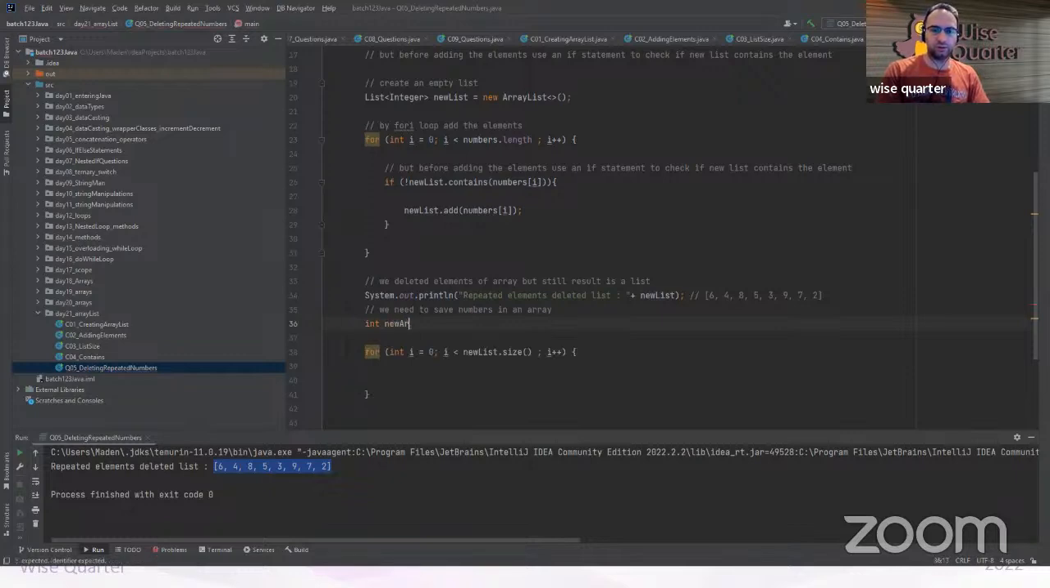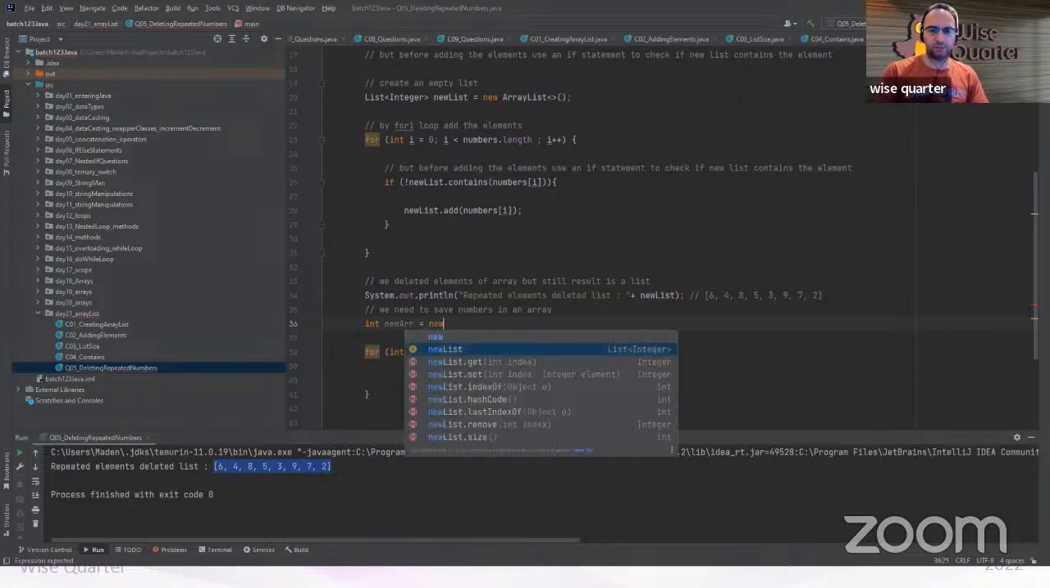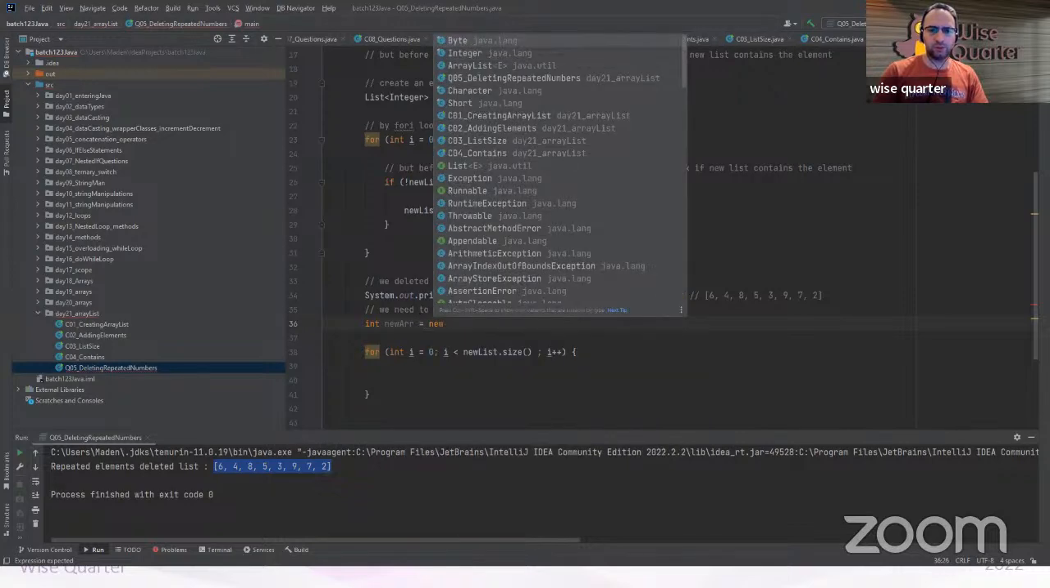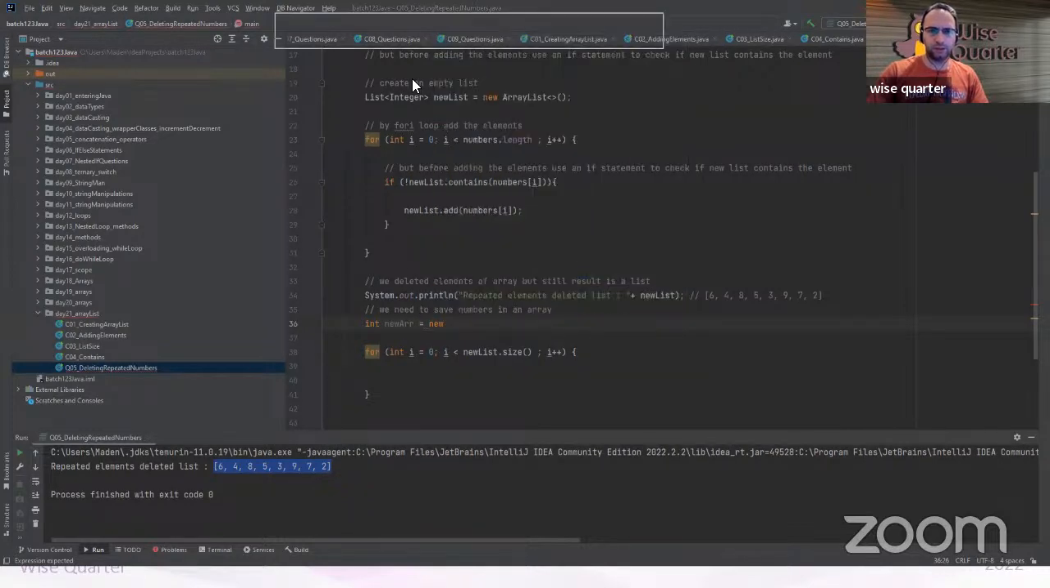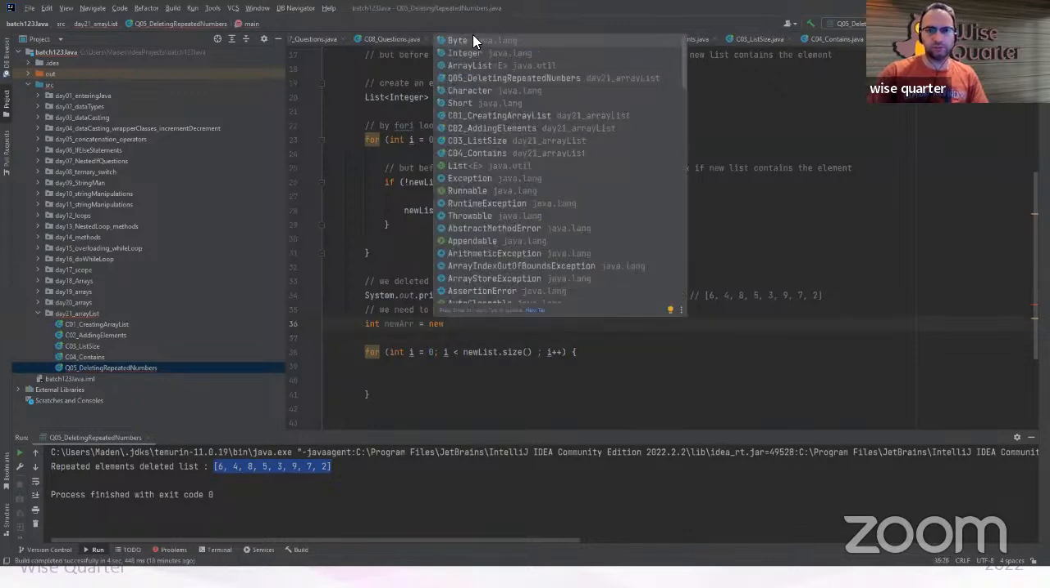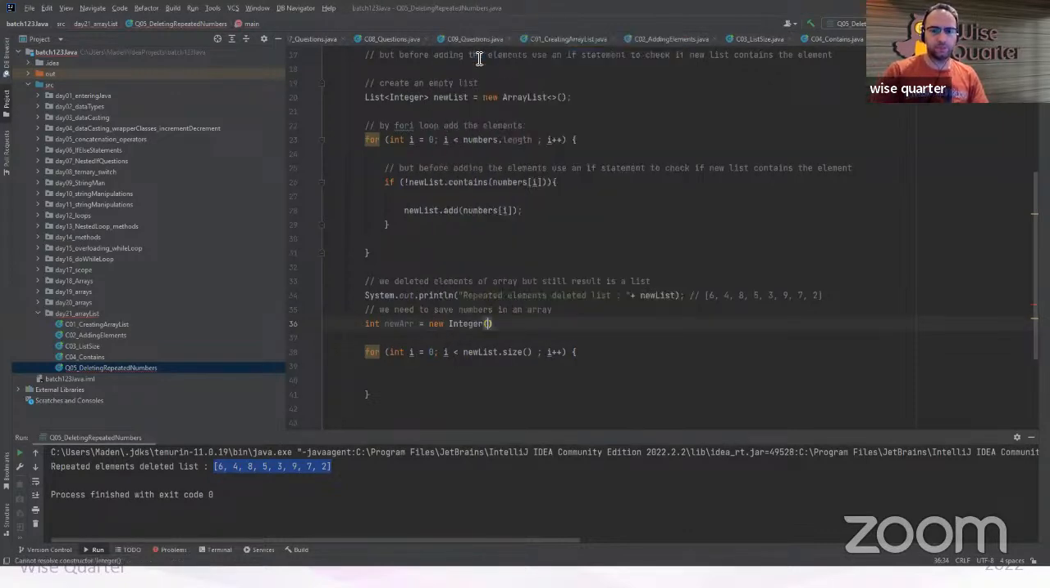New array. It will be new integer, comma. I cannot see it, sorry. There was something there. New integer, and